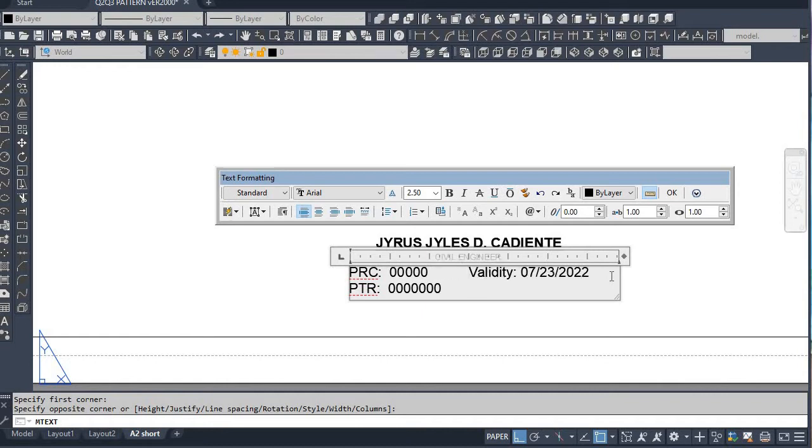Tab. Yeah. Next here is date. Next is issued. Bayambong NB. Then tab your TIN number